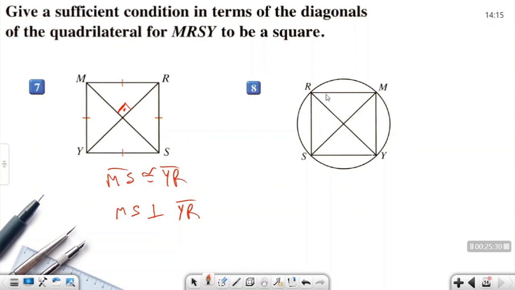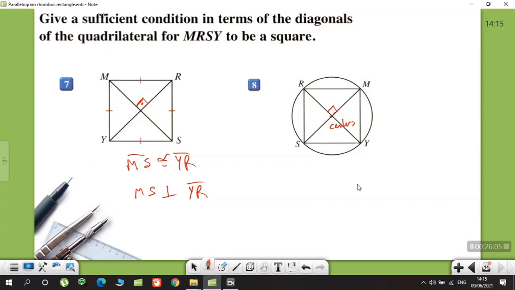Okay, the last one, there is a circle given. If RSYM is a quadrilateral, what can we say here? Again, this must be 90 degrees. If this is 90 degrees and this is the center, that's enough to make MRSY a rectangle, a square. I think that's enough. It's the end of the video and it's become boring. I will make another video about